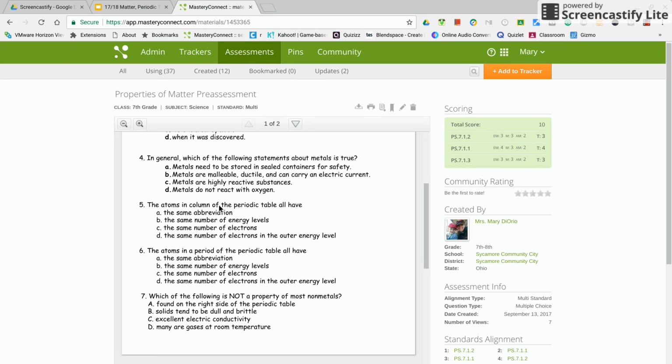Another one that we talked about was atoms in the same column or family have the same number of electrons in their outer energy level, known as valence electrons. So this one, D, was true. And finally, number 6, atoms in the same period of the periodic table have one thing in common, and that was the same number of electron shells or energy levels. So those were some of the properties that we looked at on top of just looking at the information that the element square